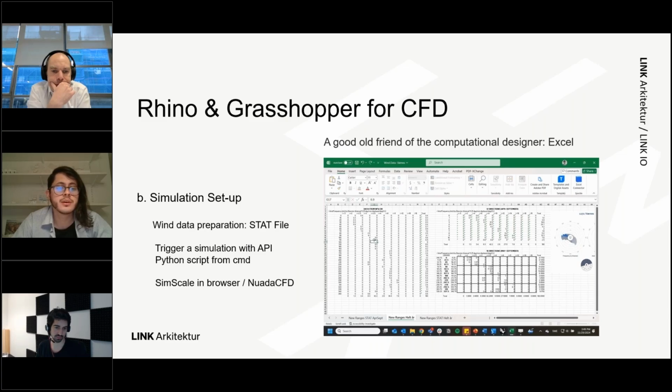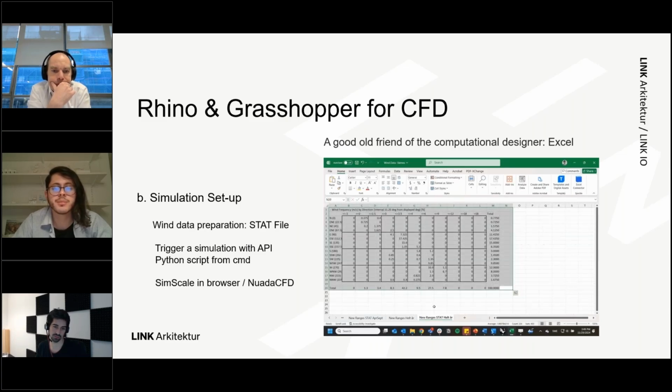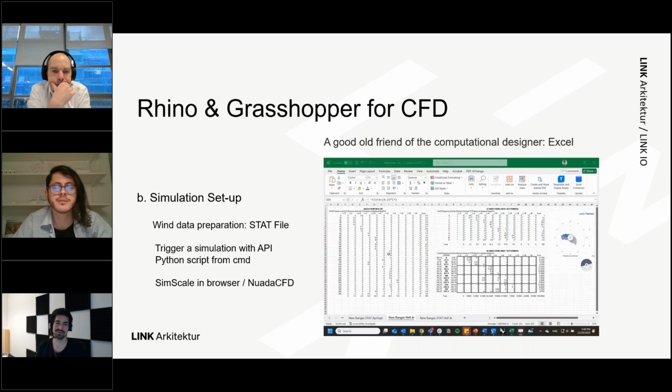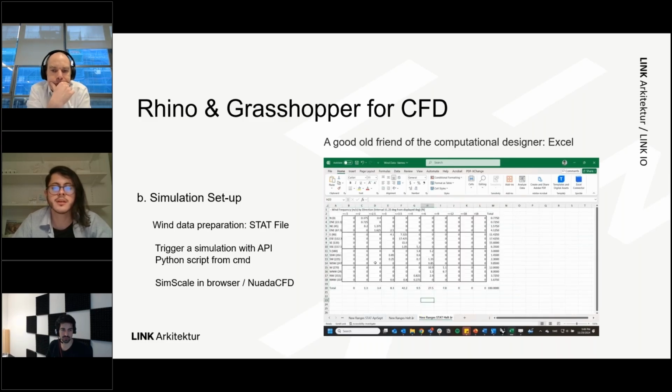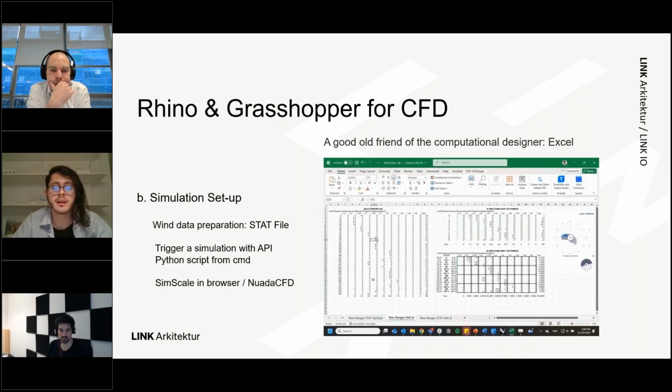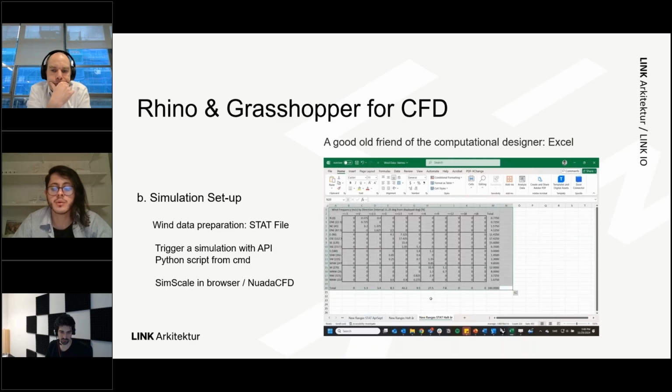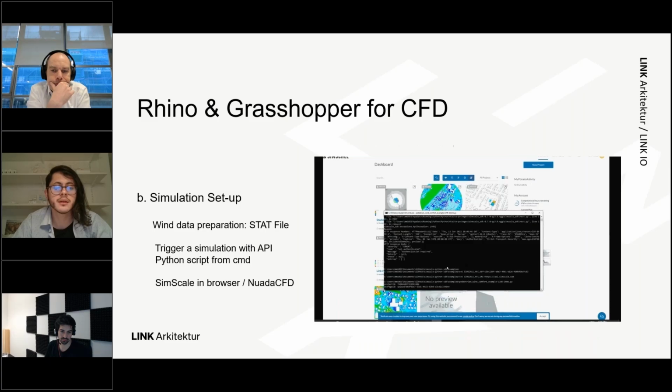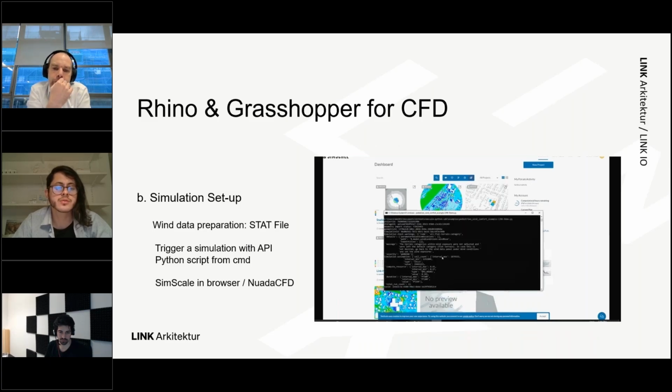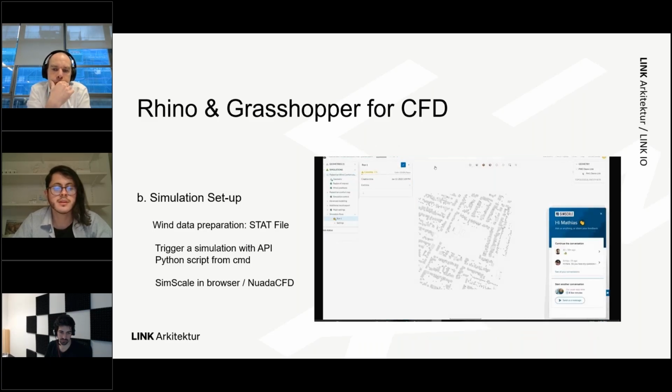When we try to go further on the simulation setup, we play with a good old friend of the computational designer, Excel, to just build up a stat file when, for example, we have data in different directions and we want to go from 36 to 12 or 16, something really quick, and maybe also work with them dividing data for different seasons. This works well, since we get this data in CSV, we can work already as well here, and then take it further to trigger a simulation with some preset we have